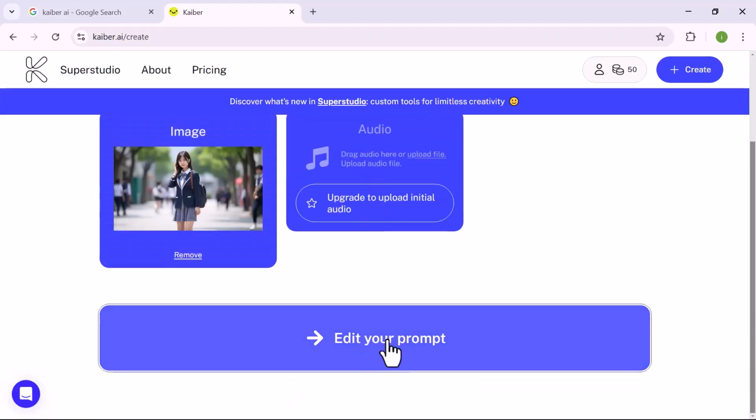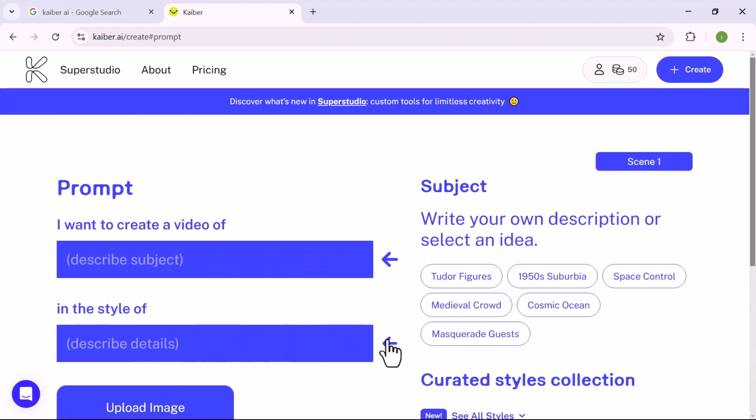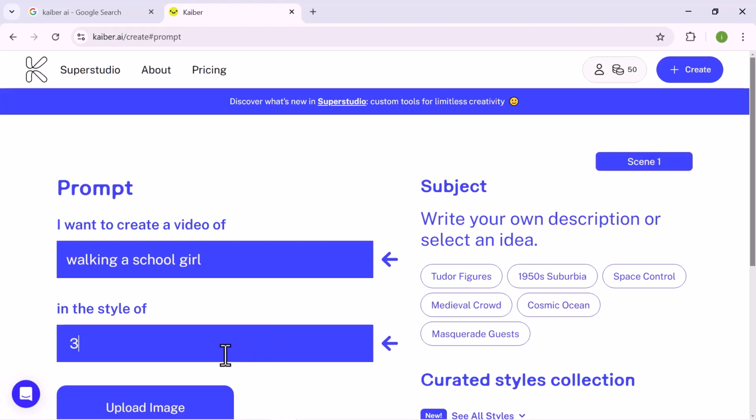Next, click on Edit your prompt. Now here enter a prompt to create your video. Make sure the scene is described in detail to get better results. Next, describe the video style according to your needs, but I will go with 3D render, and if you scroll